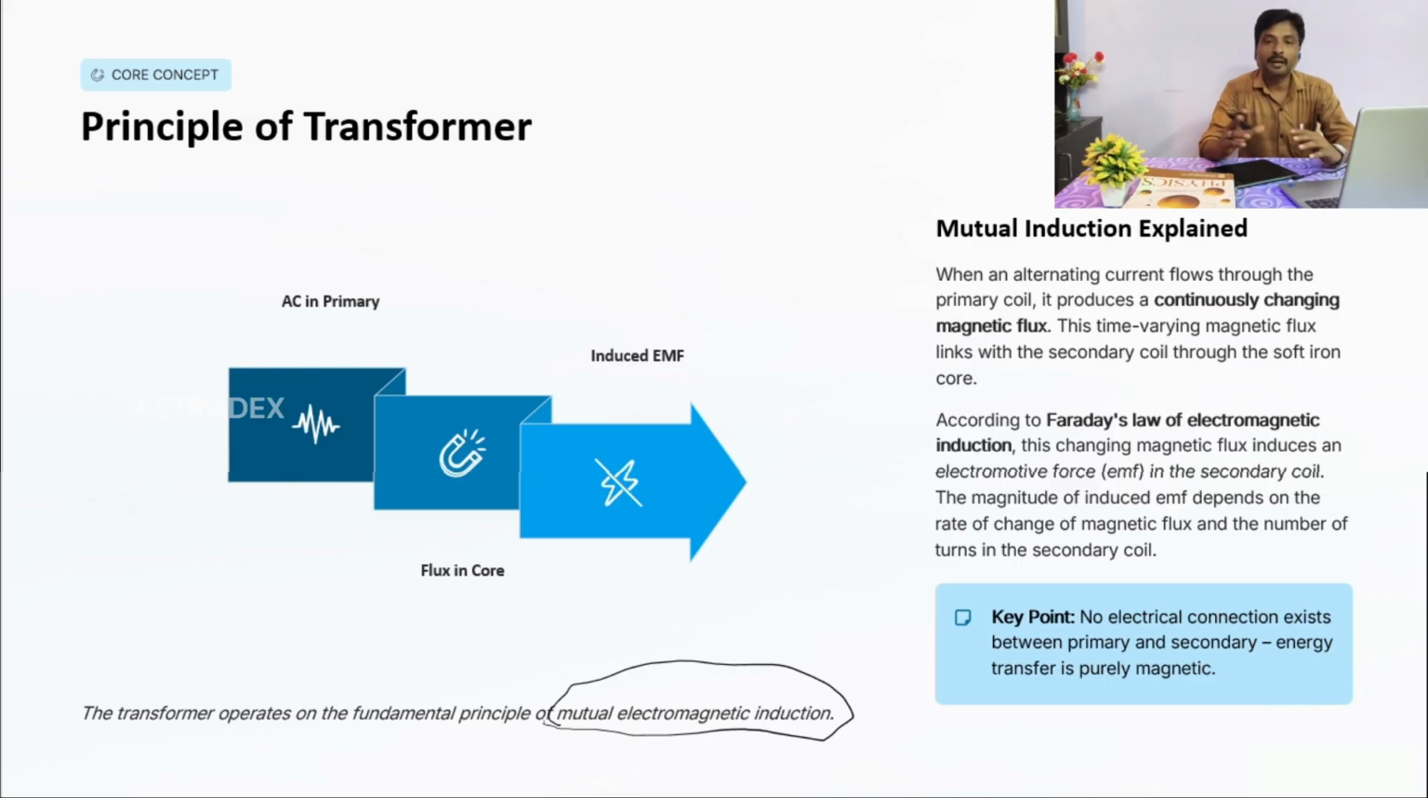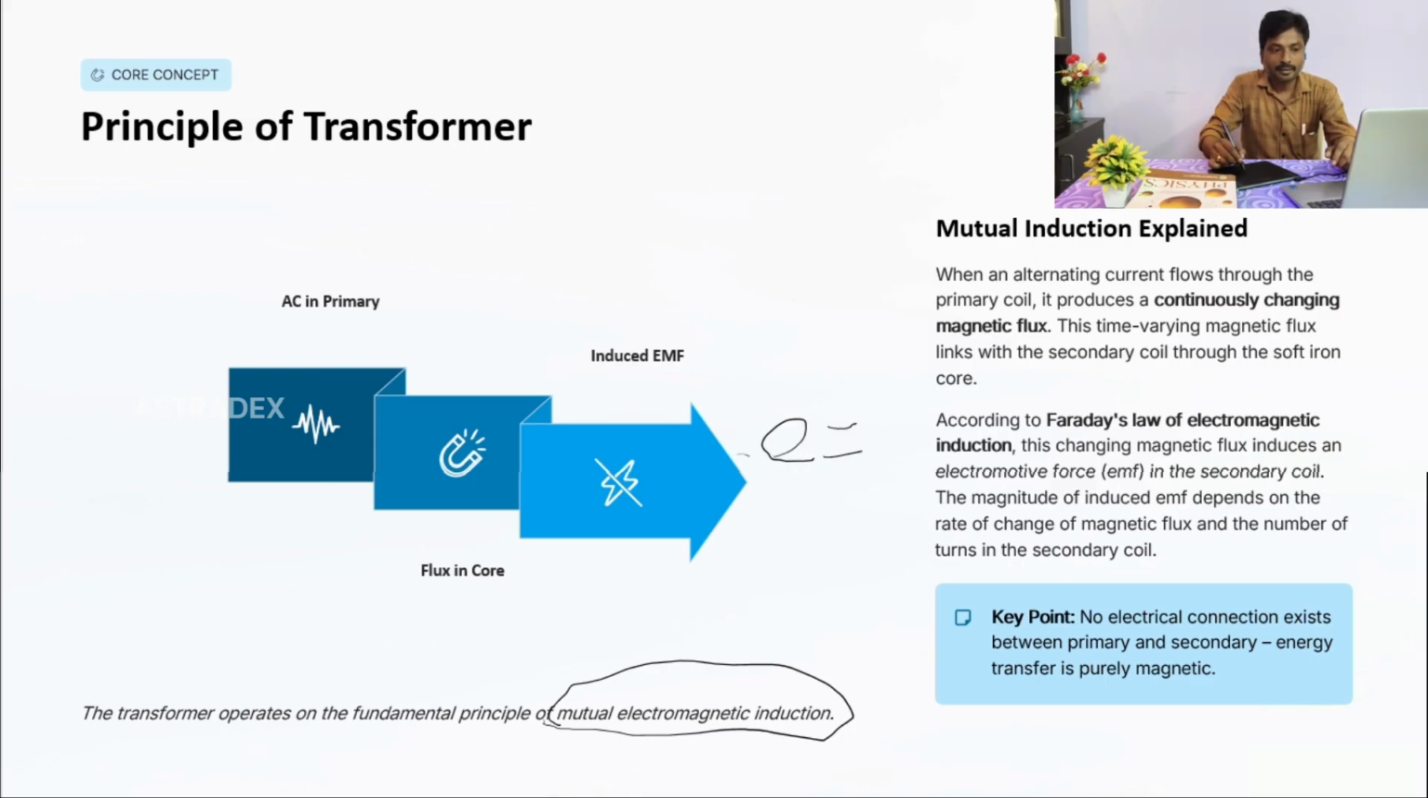This flux will be linked to the secondary coil through the soft iron core. According to electromagnetic induction, the change in magnetic flux induces electromotive force in the secondary coil. The magnitude of induced EMF depends on time varying magnetic flux and number of turns in the secondary coil, which is given by the equation